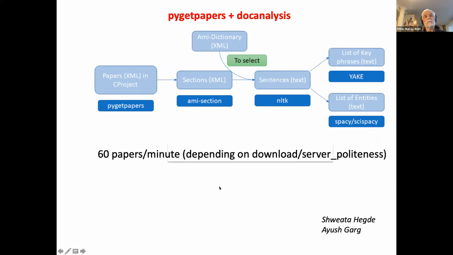Now, I'm working with a wonderful group of young people from India. They're not material scientists, they're a mixture of plant scientists and computer scientists, but they've built this system. And Shweta and Ayush and Anuv, I hope, are listening into this. And this is what they've put together: a complete workflow where you can take papers, read them into your machine, break them into sections, analyze them with dictionaries using natural language processing and come up with key phrases. And you can process perhaps one paper a second, depending on being polite to your server.